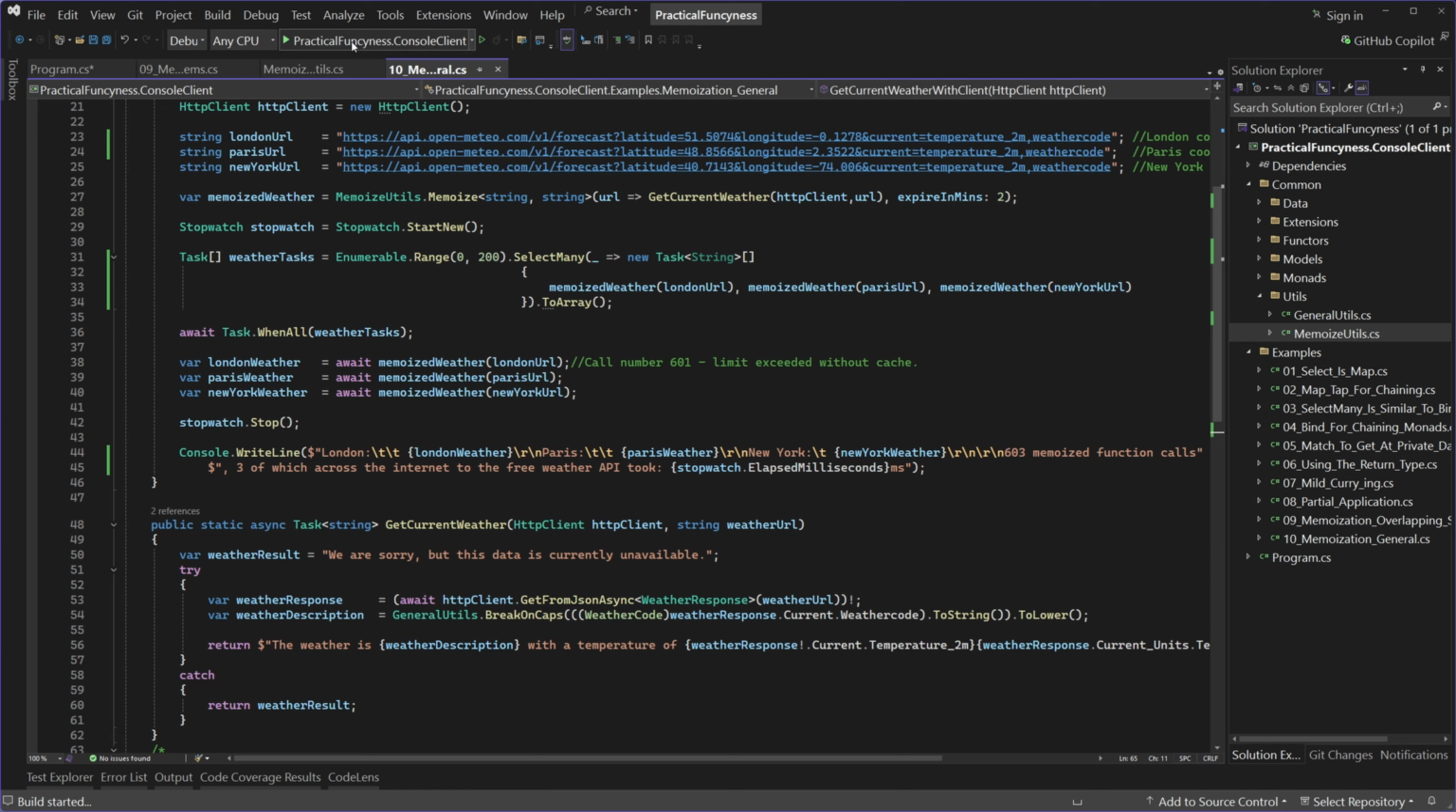Right, let's run the app and view the results. 603 function calls with 3 trips across the internet took just over half a second, but importantly no limits were